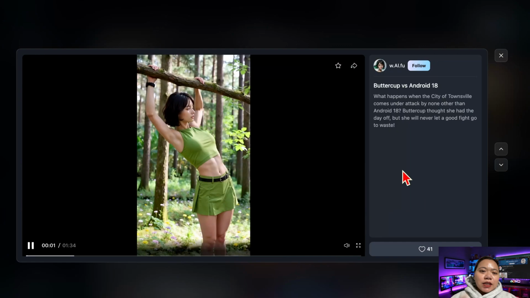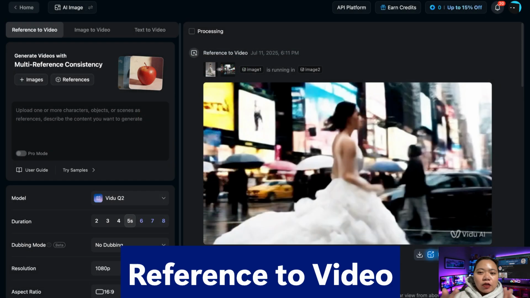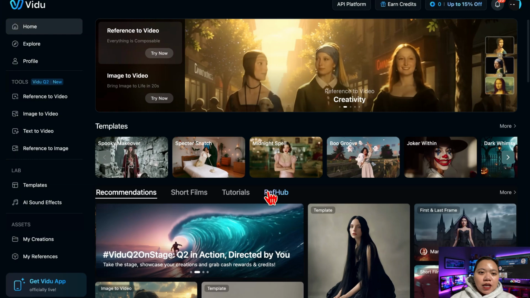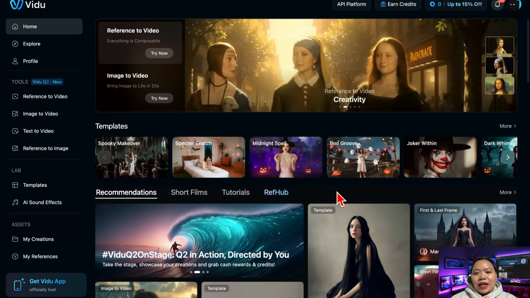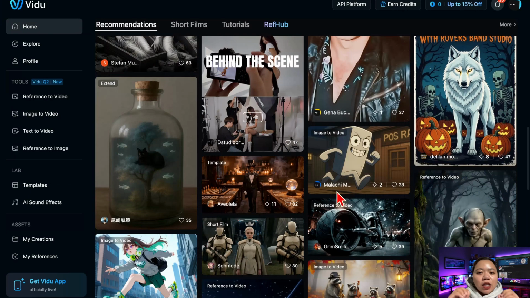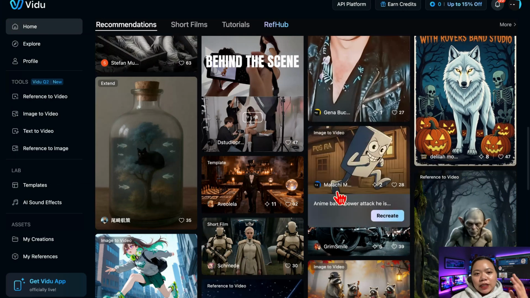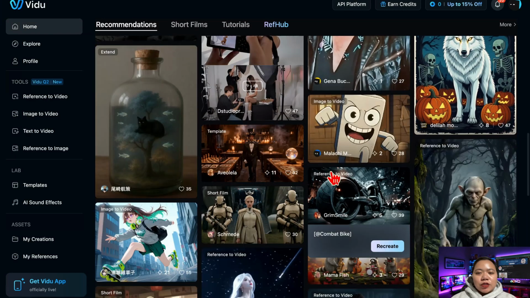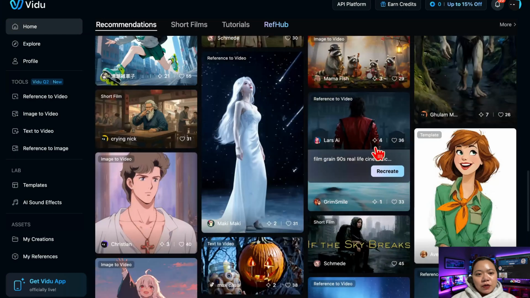Now here's the killer feature that's getting creators excited: reference to video generation. With Video Q2, you can upload up to 7 reference images, and the AI merges them seamlessly into a single coherent video. That means you can keep consistent characters, props, and even entire environments across your shots. Most AI systems start breaking down after 2 reference images, like faces morph, lighting shifts, scenes lose consistency, but Q2 handles 7 with ease, reading how each element connects. So it keeps proportions, lighting, and camera angles stable, just like a real film director stitching shots together perfectly.